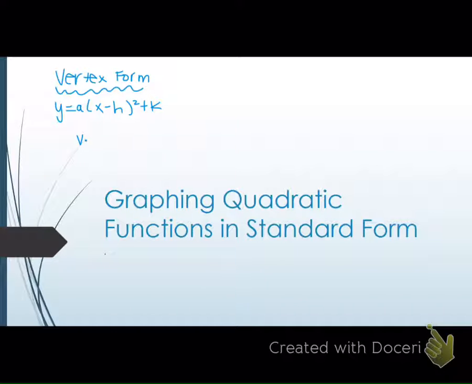In vertex form, you can see the vertex, hence the name vertex form. So you know the vertex is opposite H, comma K. We know that H moves it left and right, and K goes up and down, right? We also know that our A value stretches and compresses and reflects. So we have a lot of pieces in vertex form that we can see about our parabola right from just the given equation. Today's equation is going to be called